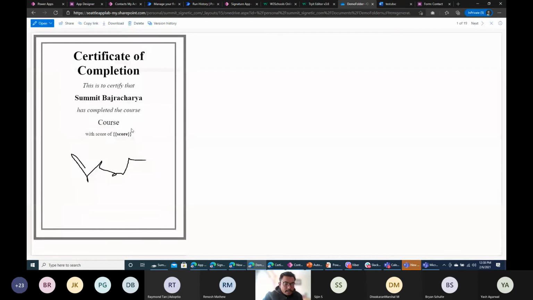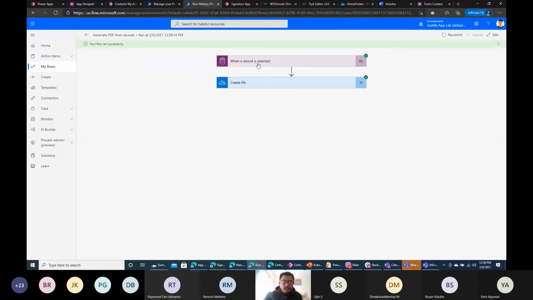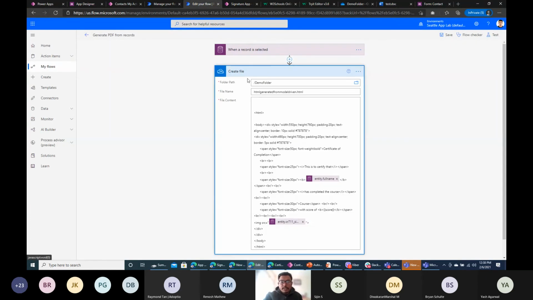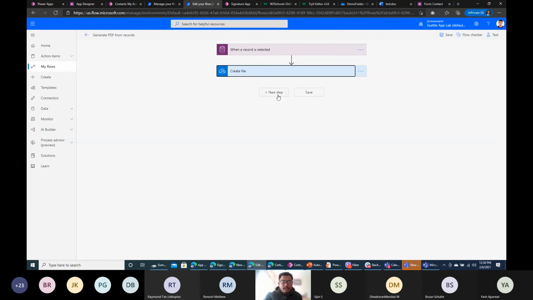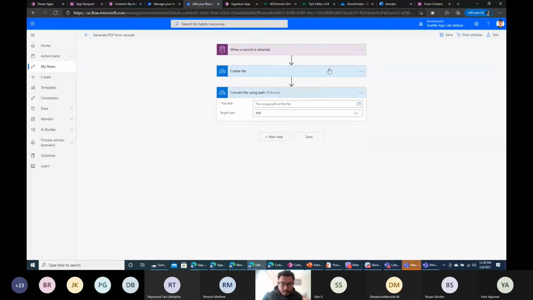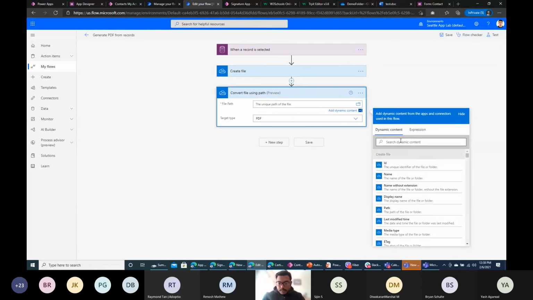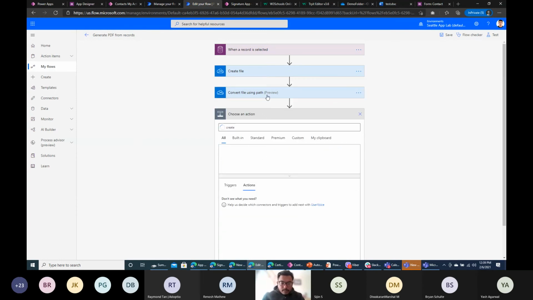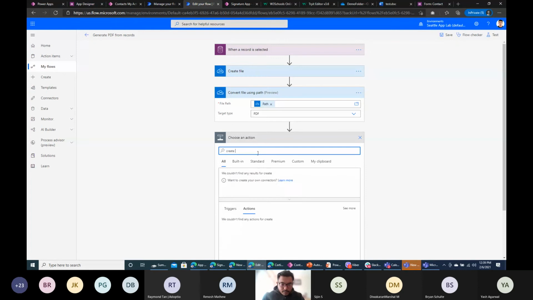So my HTML is here with the signature, and now I can follow the same method to convert it to PDF. Same method that I have done in the previous two approaches, which is convert file using path, define the path here, and then create a file. Okay, it's PDF, right? Okay, create file,